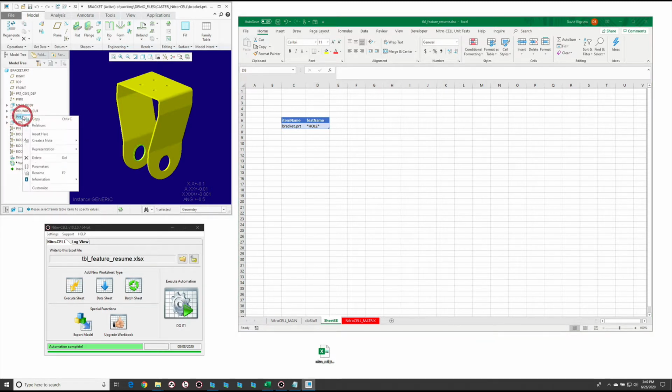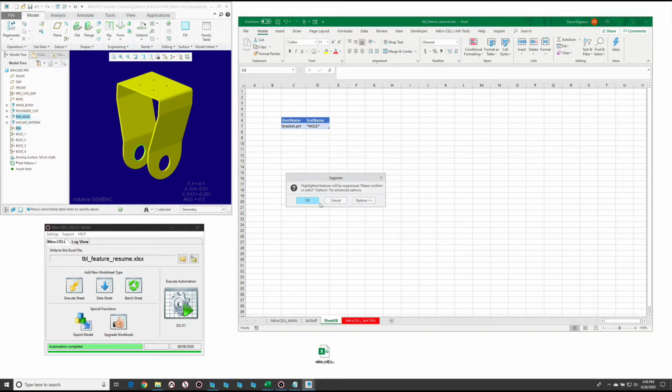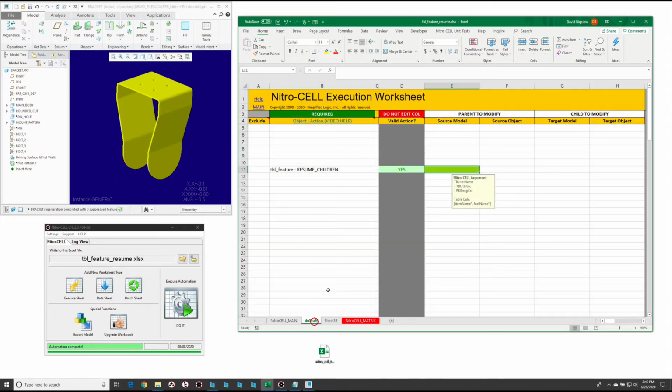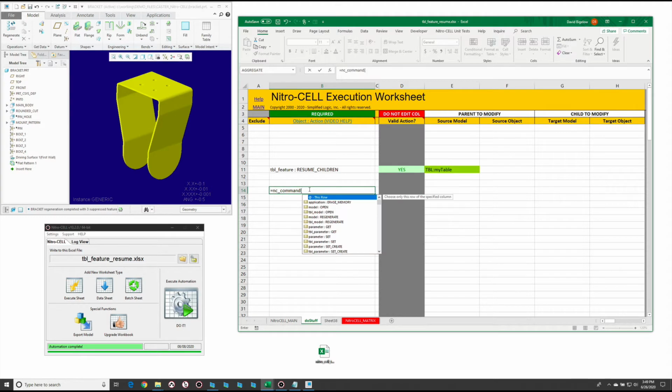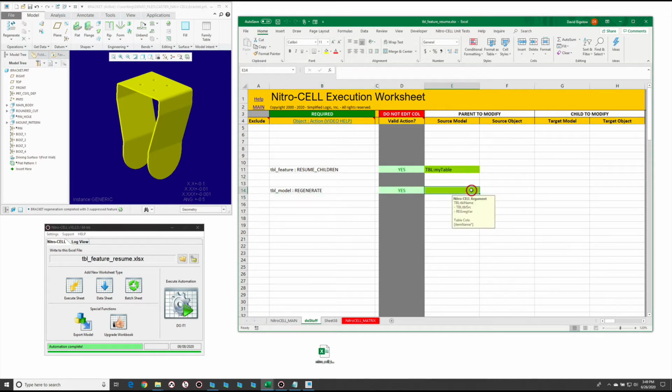So I'm going to manually suppress this right now, and that has a child called pin. To pull this off, we're going to simply type in tbl my table. And just to make sure that we have things working correctly, let's put in a table regenerate, and we'll use